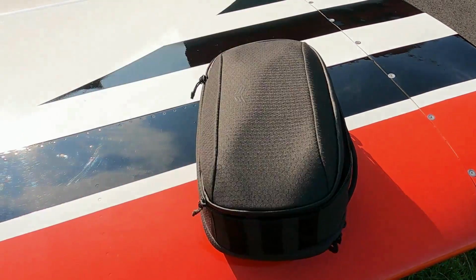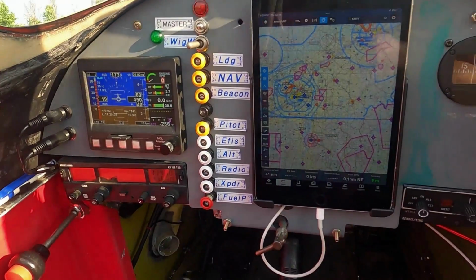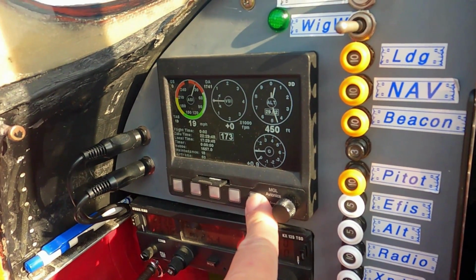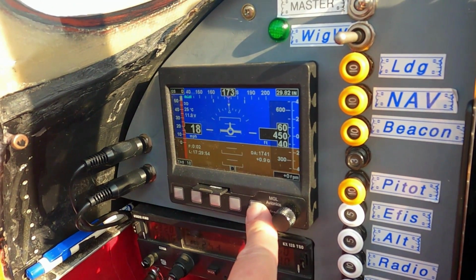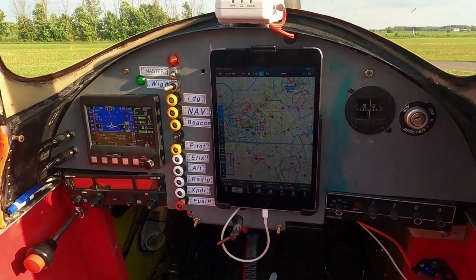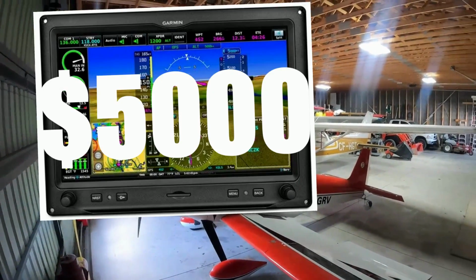This bag is fantastic. The panel is very straightforward, with a Bendix King Navcom and a Stone Age transponder. Everything else is handled by the MGL Extreme EFIS: GPS, AHRS, engine monitoring, and the usual iPad for navigation. Also a Sentry 2 for ADS-B traffic. I would love to turn this thing into an IFR panel, but for usual reasons, that's going to have to wait,